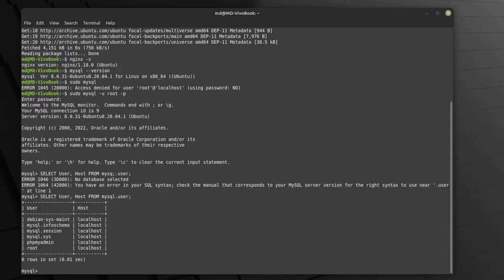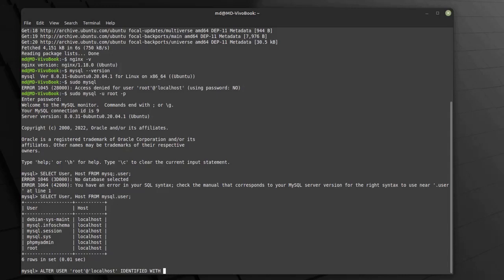To change the password of the root user, or to set a password in your case because the password is actually empty, the query we need to run, I'm gonna type in: alter user root@localhost identified with,